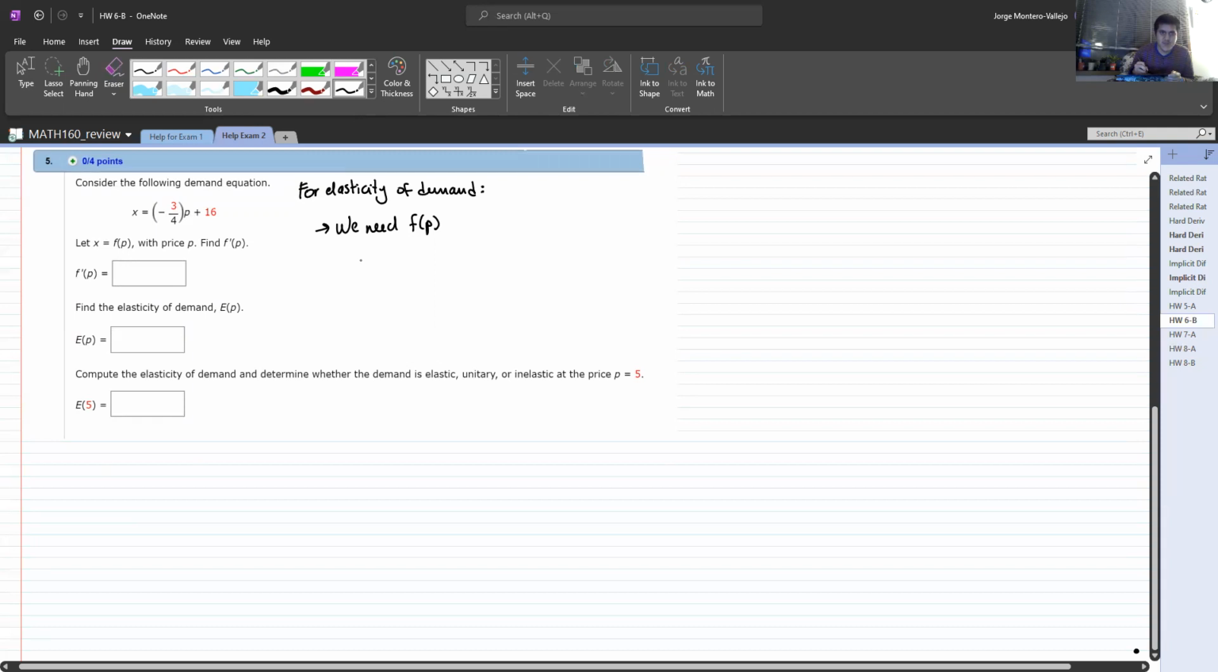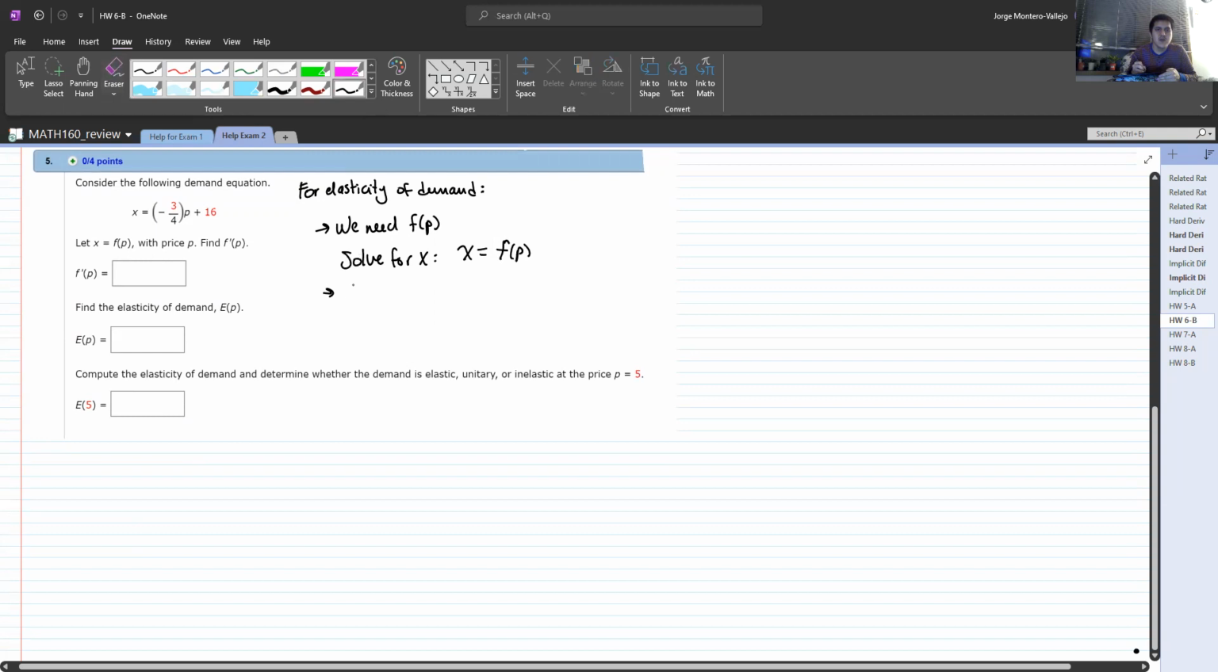So solve for x, and you would just isolate x on one side, let's say the left side, and whatever is on the right side, that you call f of p. Okay, and once you have f of p,